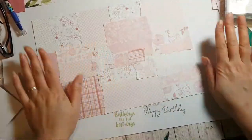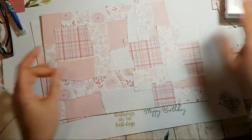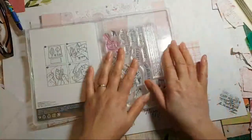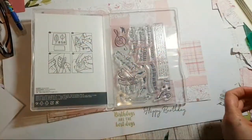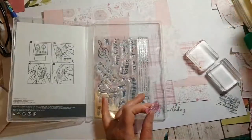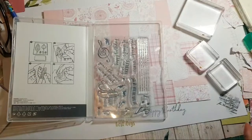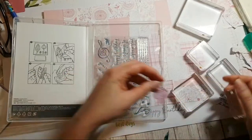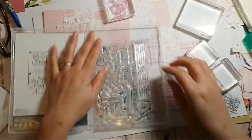Right. So we've got 2 sheets here. Now what I wanted to do is then stamp some of these lovely images on here. Some blocks. Stick that there. So I've got the treble clef,